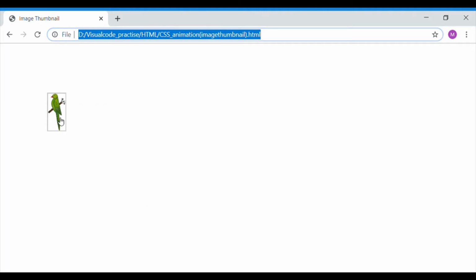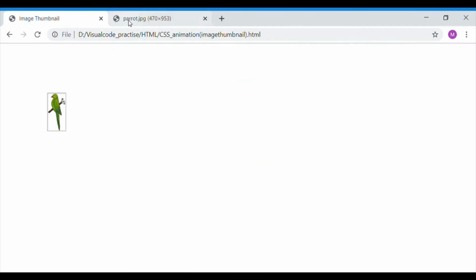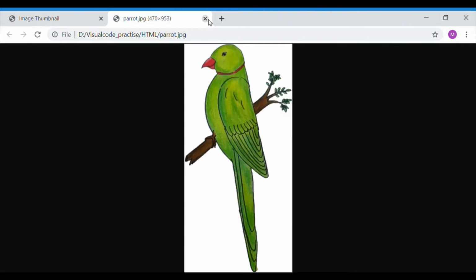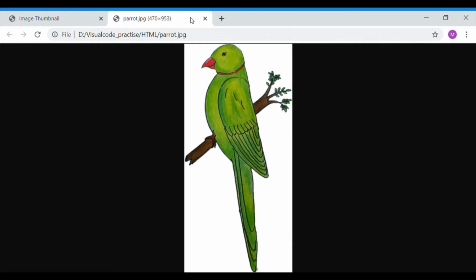Before creating image thumbnail, let us understand what the thumbnail is in the web page. It is nothing but a small image which when clicked shall open up in a new tab with the image at full screen. We can see that it is getting opened in a new tab.